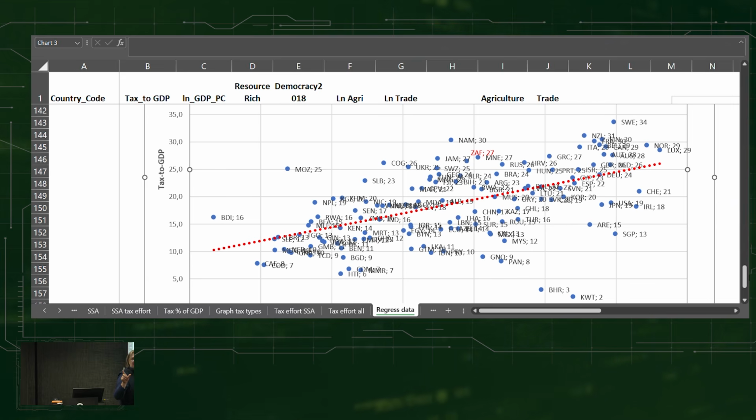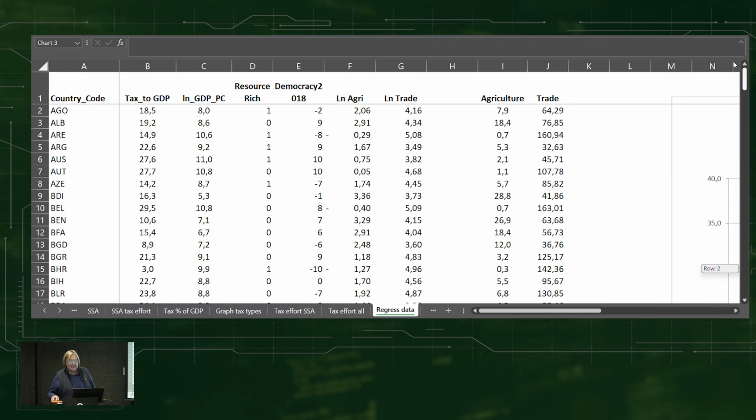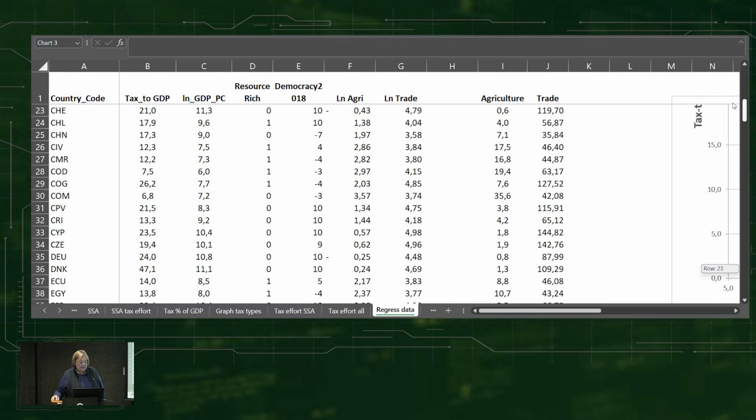Was it included in the SSA, in the regression graph that we did? Let me just... Was it there? Was it in there? Then it must be here. If it was there, it must be here. So this is the data sheet. So if it was here, it must be there.